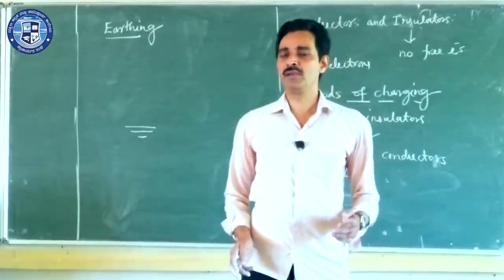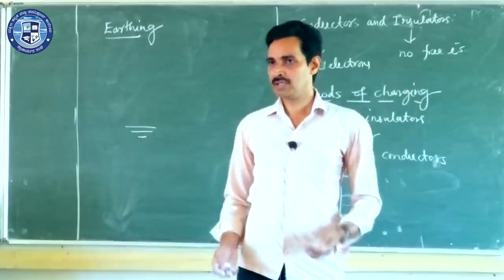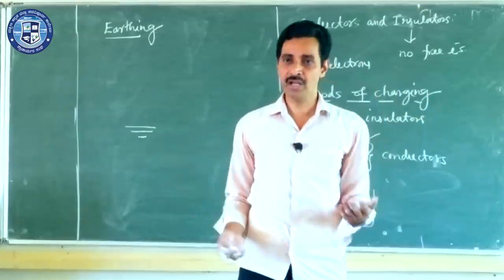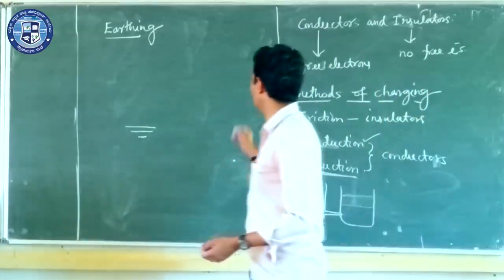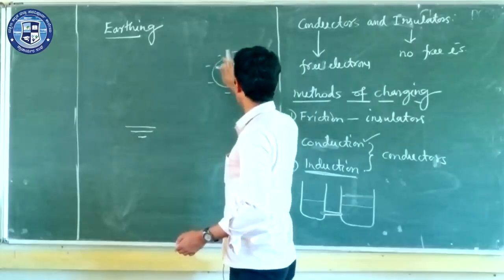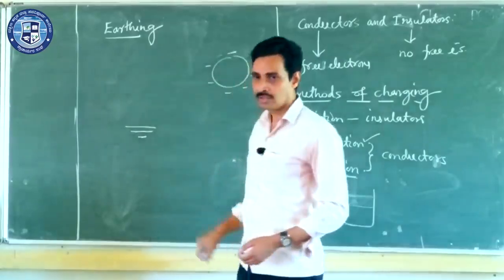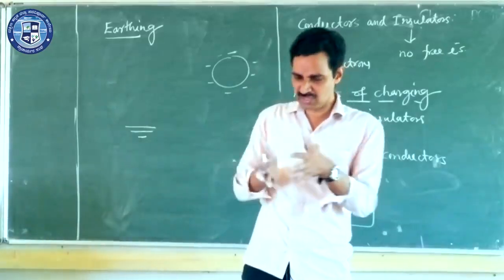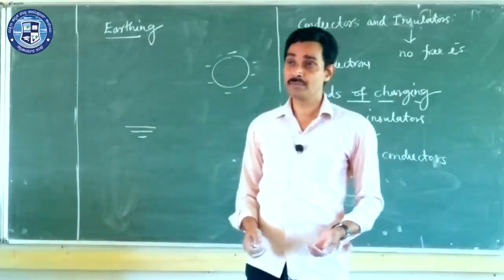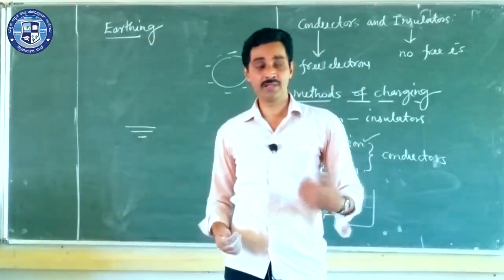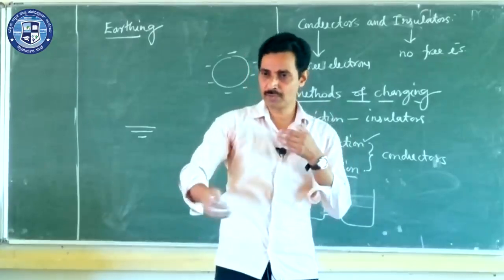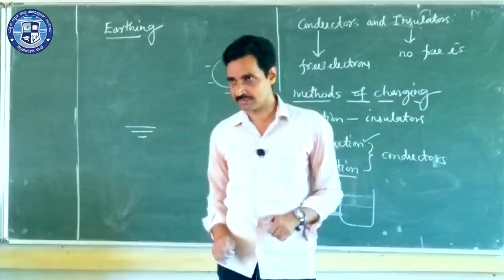Now, Earth is a very, very large object. It can receive electrons. It can give away electrons as much as possible. Suppose you charge a body negatively, like this. Somebody has given electrons to this, and this is a conductor, say, and charges have accumulated outside because they are repelling and they come outside. Now this body says, sir, somebody has put electrons on my body and I have excess electrons. Please neutralize me. Please make the number of protons and electrons equal. Let them be balanced. How to do that?